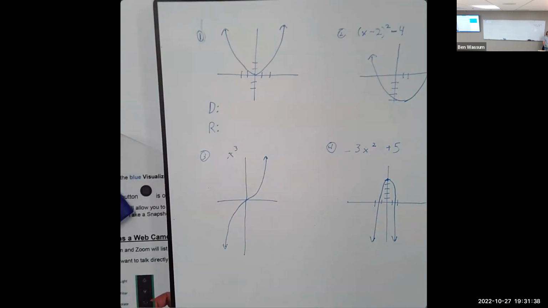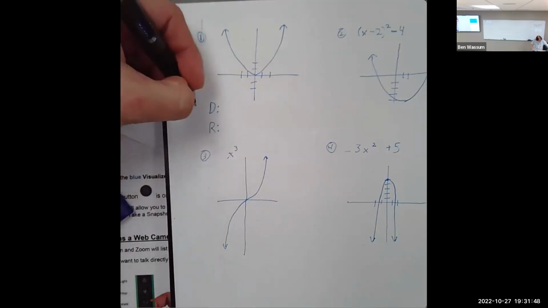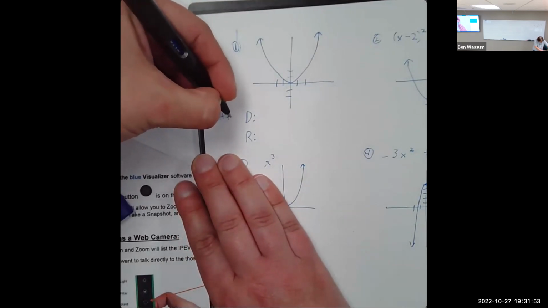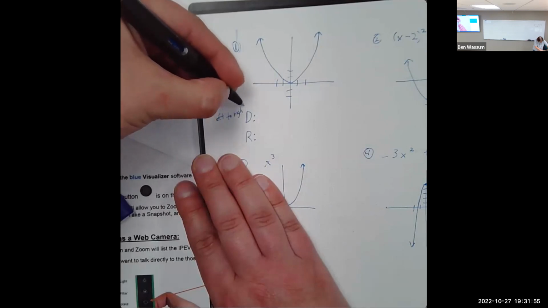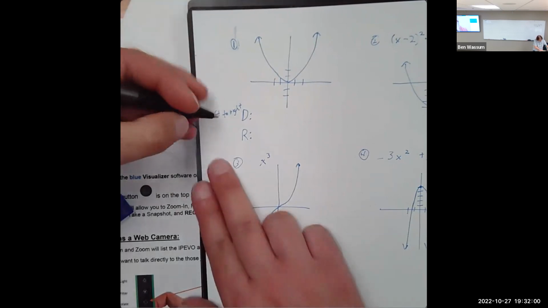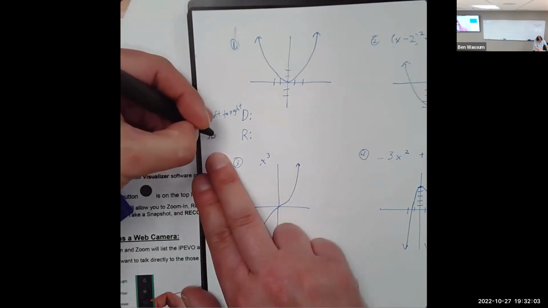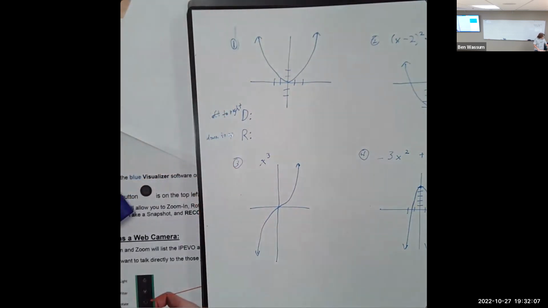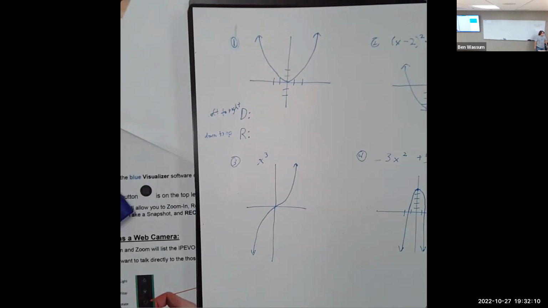Again, domain is all of the inputs. It is all of the X values. As I like to say, domain would be left to right. Whereas range, that's your outputs, your Y values, so those you go down to up. That's a weird phrase, but it makes sense with the way we're using it. Okay, so for domain,